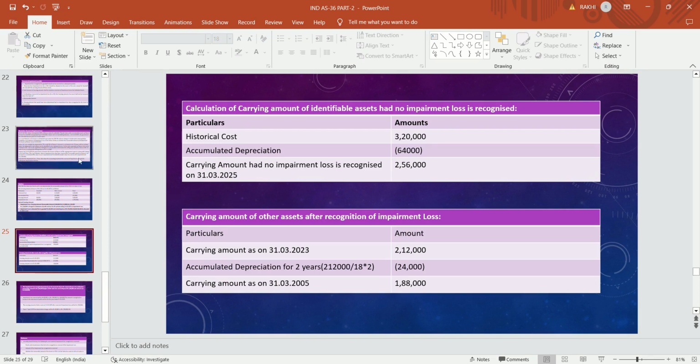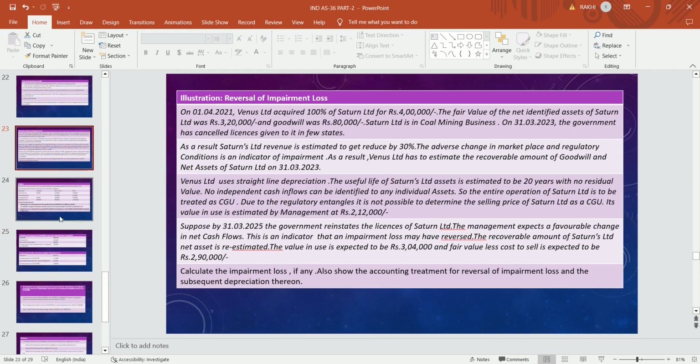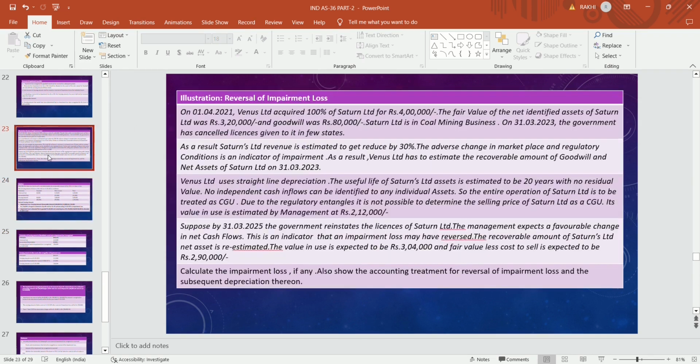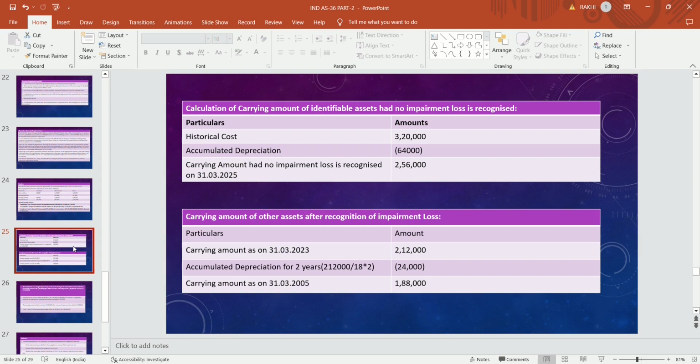In case of reversal, we will first find out the carrying amount of the asset as if there was no impairment loss. In 2025, there is a favorable indication, and the impairment loss has to be reversed. The historical cost of the asset is 3,20,000. Accumulated depreciation is 64,000. So the carrying amount had no impairment loss been recognized becomes